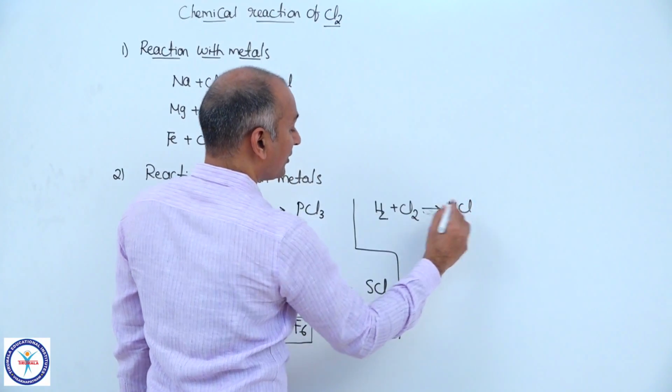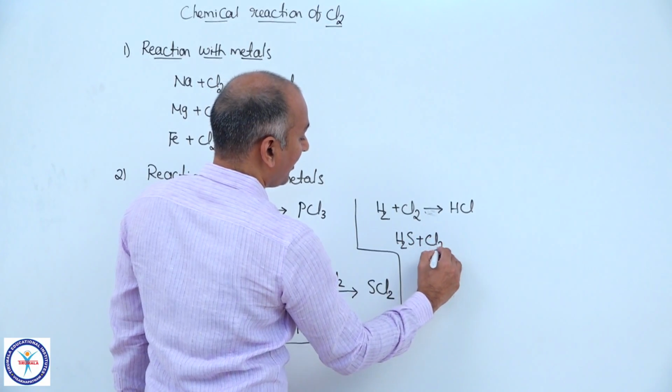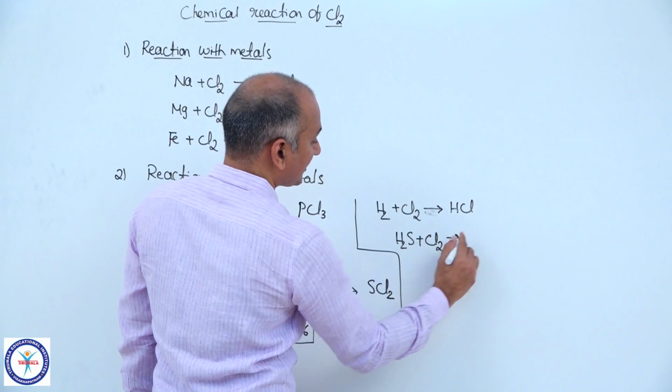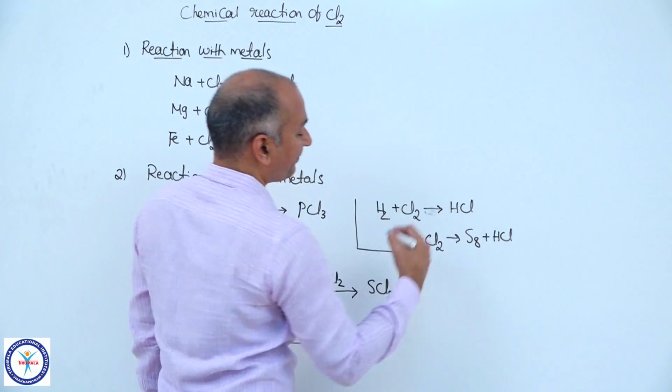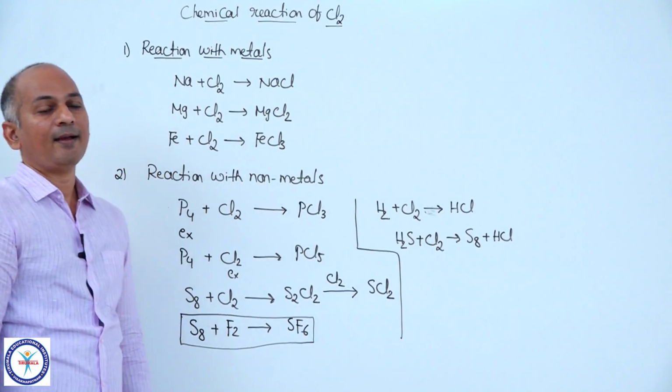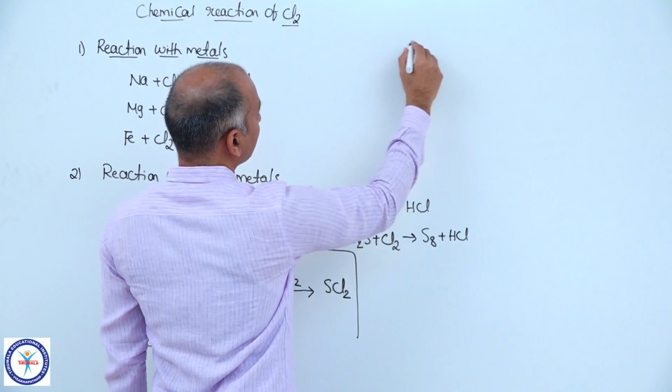You know, chlorine also reacts with H2S. Actually, chlorine is a good oxidizing agent. And when it reacts with H2S, you will get elemental sulfur plus HCl. Okay, if you come to reaction with base,